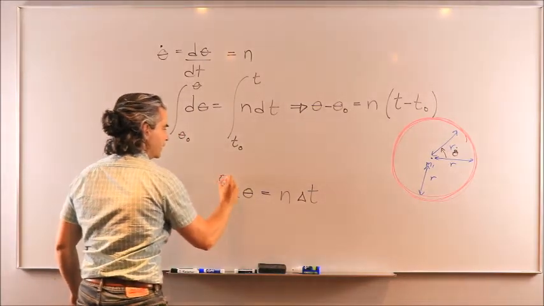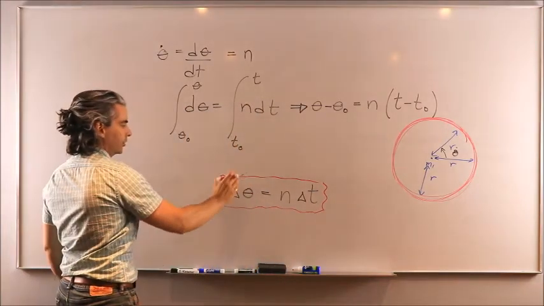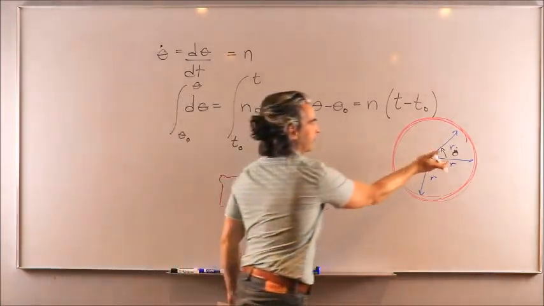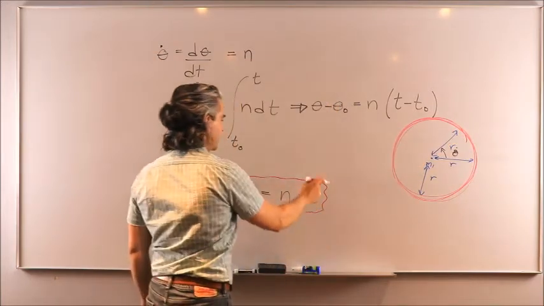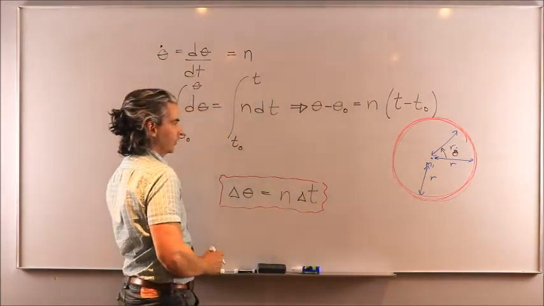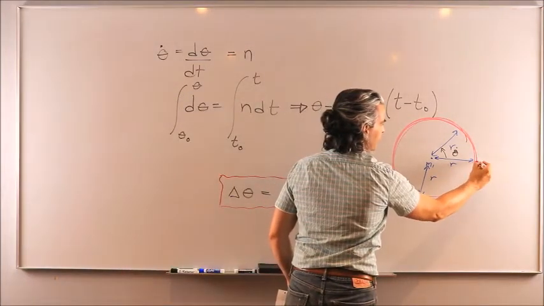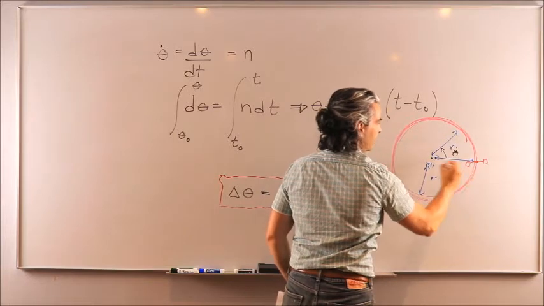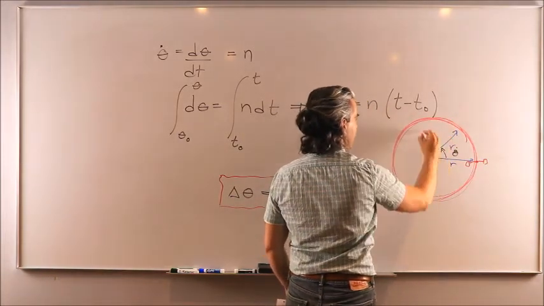And this is how we can relate a change in true anomaly from, say, 0 to 45 degrees and a change of time. So if you're wondering how long would it take me to go from this orbital position at true anomaly equals 0 at the perigee up to, say, 100 degrees